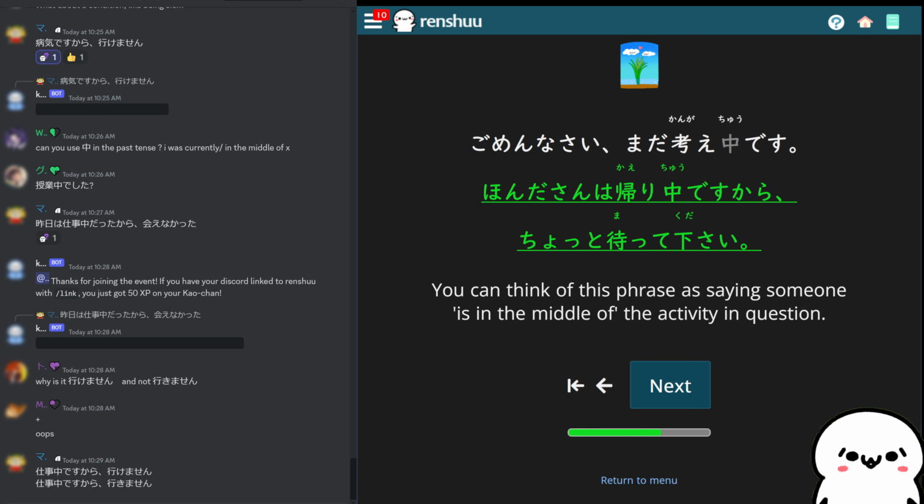It's like I choose to go or not go. And I would say you don't really have a choice in this situation because you're in work. You're working, so you can't go. You can't go even if you wanted to. You're working. But ikimasen has more of the feel of I'm choosing not to go,